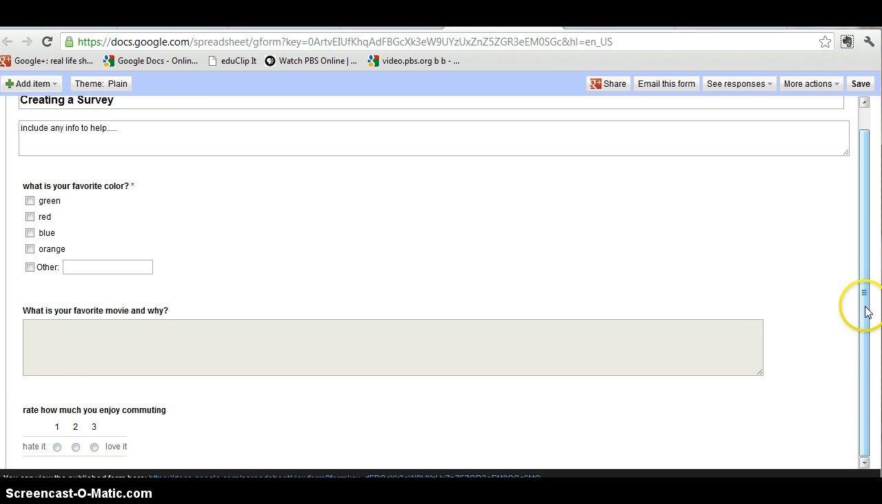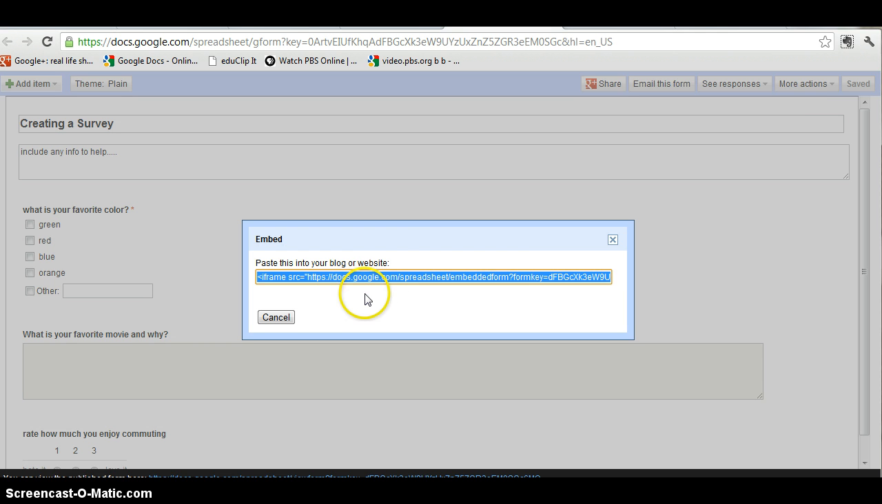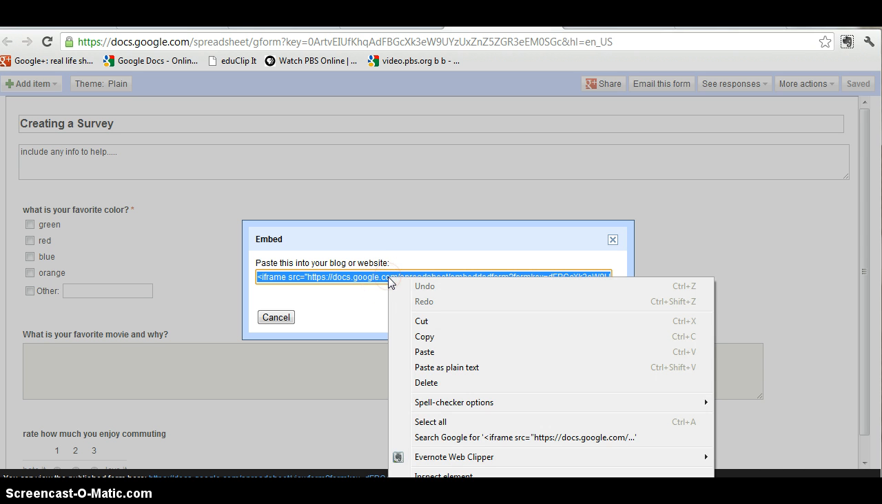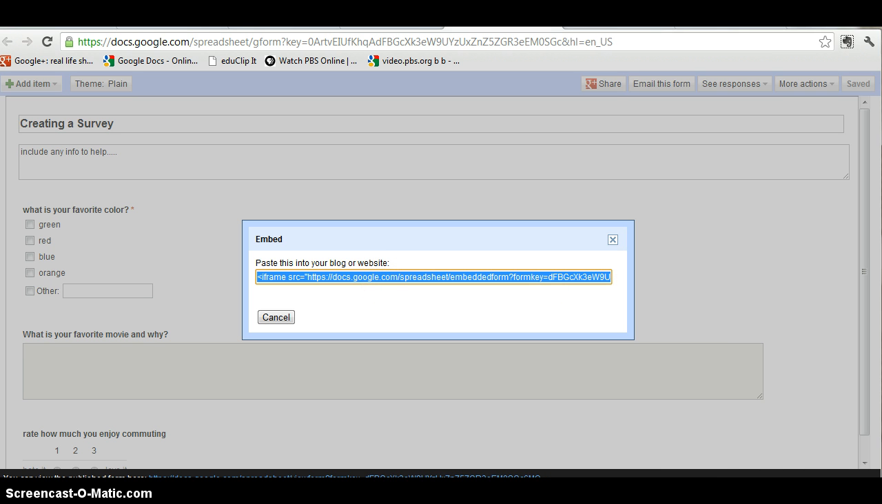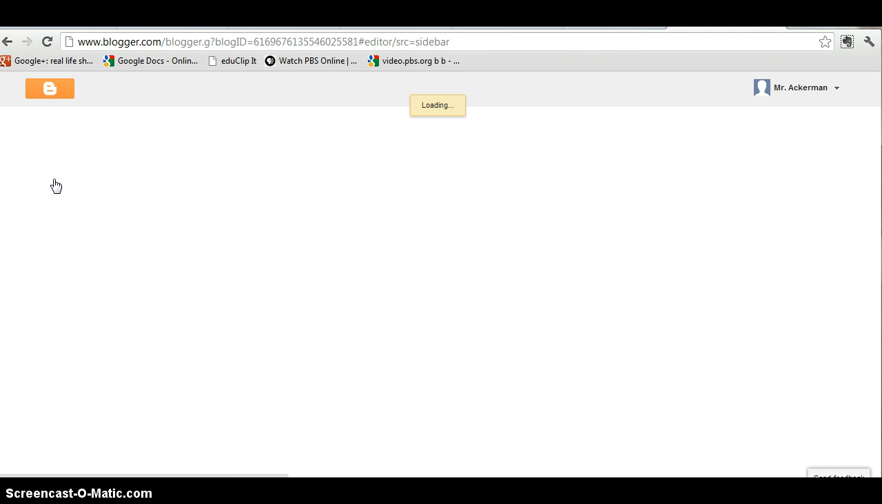So once you have your questions, your options now are you can email it, you could see the responses if someone had already done it, and you can also embed it. And we are going to first save it just to make sure we have everything. And what I'm going to do is I'm going to take the embed code, which automatically comes up, and I am going to copy it, and then I'm going to go to my blog, which I'd like you to do too, to go to Blogger, and I'm going to set up a post, a new post here,